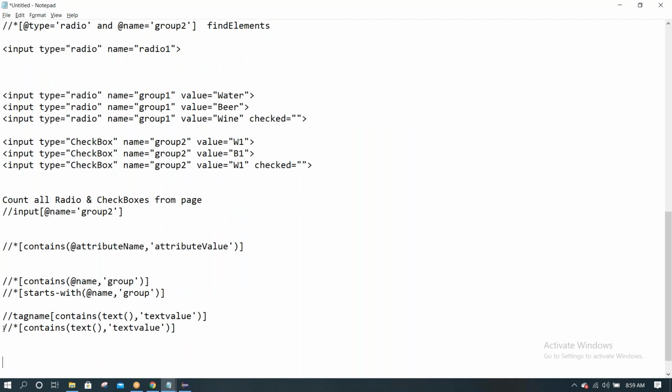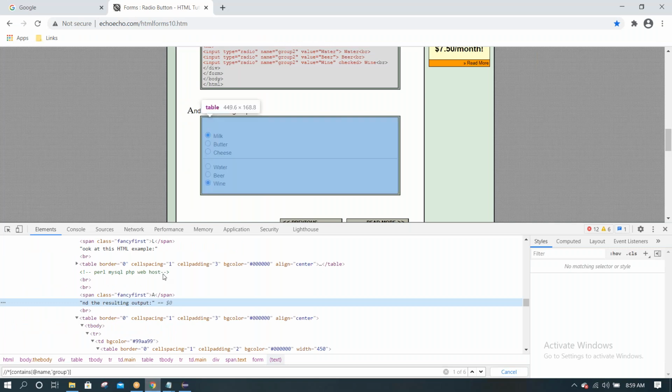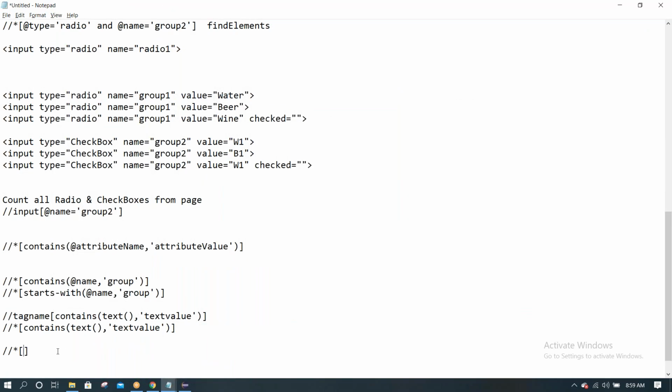Both syntaxes, this is just explaining. Star means no tag; in this condition, star would be useful. I'm copying this text. Contains text, the text value is this.